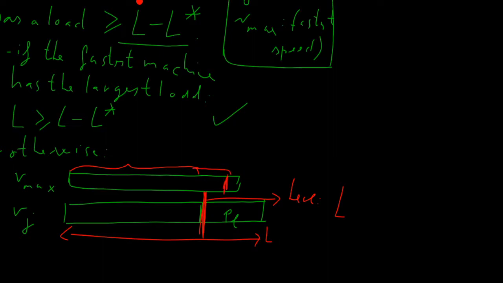So it was the load of the fastest machine plus the job PL cost divided by the fastest speed,